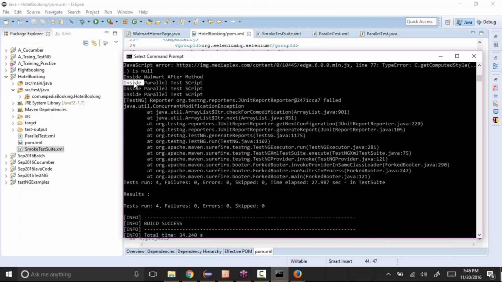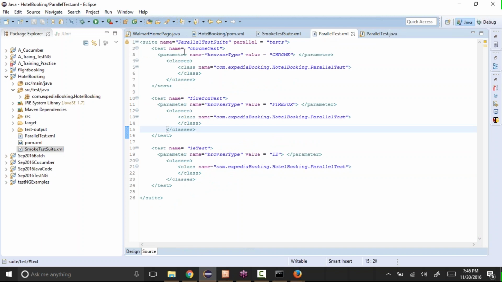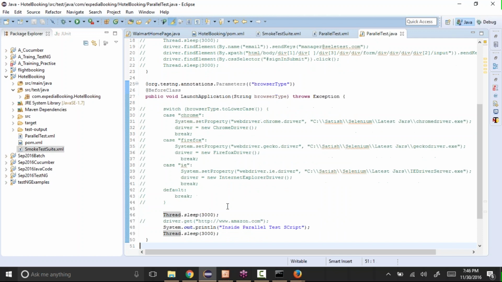You see, inside parallel test and parallel test, 3 times. So total executions have been done is 4 test cases. Why it executed 3 times is because in the parallel test.xml we have 3: Chrome test, Firefox test and IE test. So it executed that same method 3 times. That's why it is giving the system.out.println 3 times.